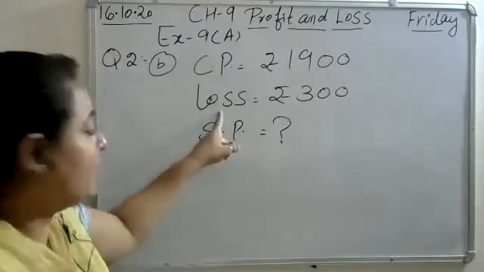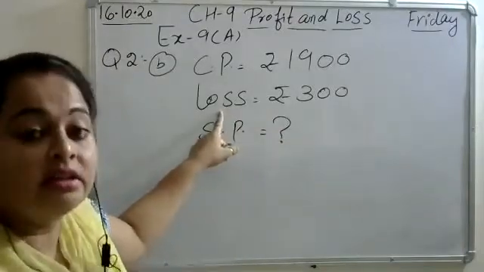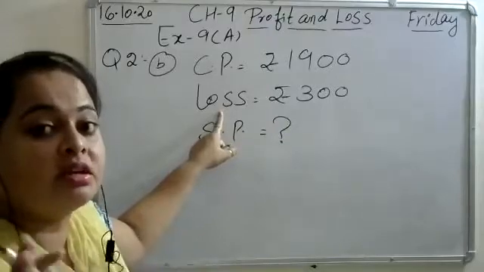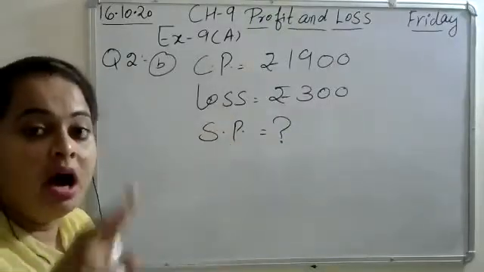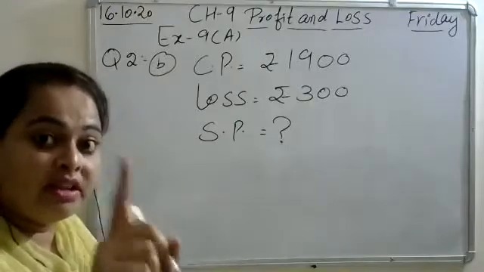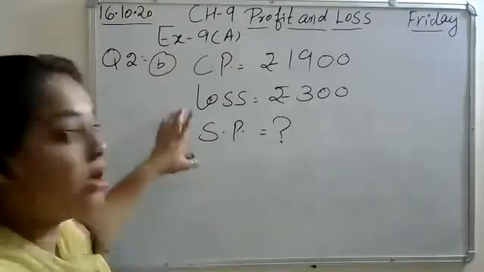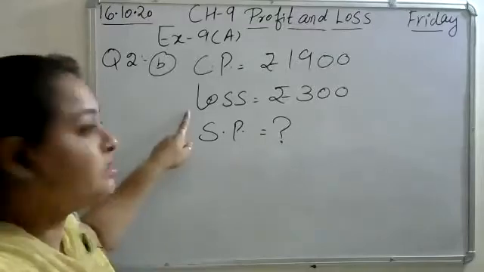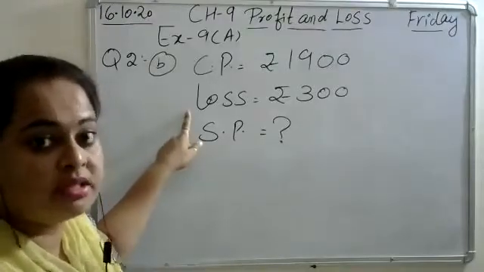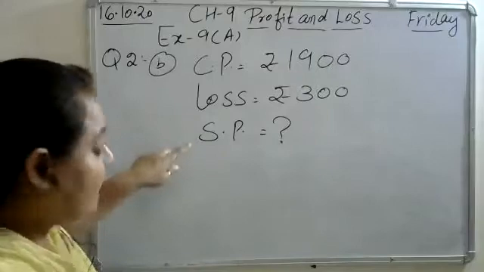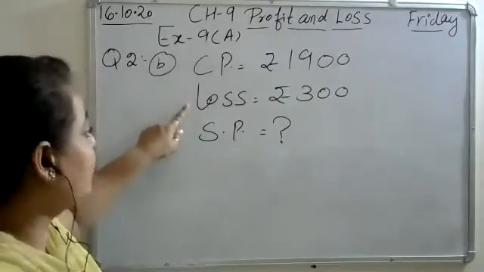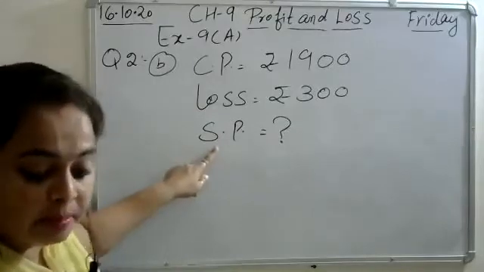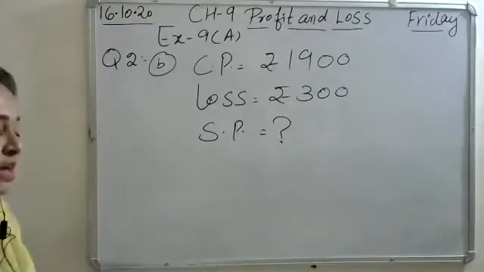If this question is of loss, then there will be no discussion of profit. Keep in your mind, out of two, only one thing will happen, either loss or profit. If loss is happened, then no discussion of profit. So tell me the formula. Cost price is given, loss is given. How can you find the selling price? Write down the formula in the chat box.